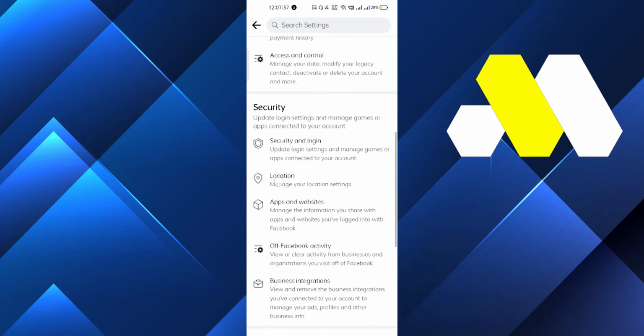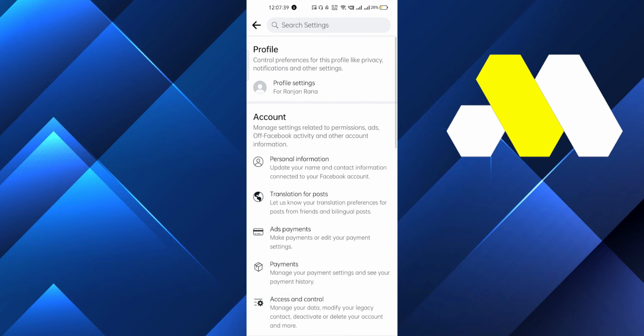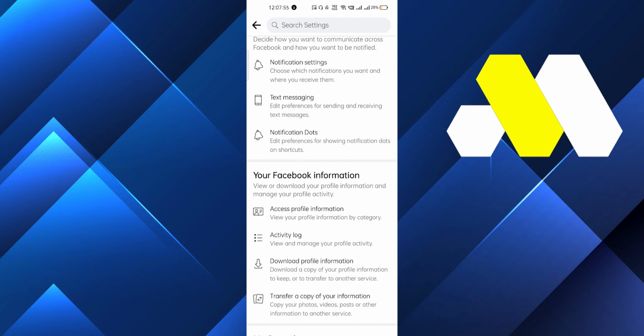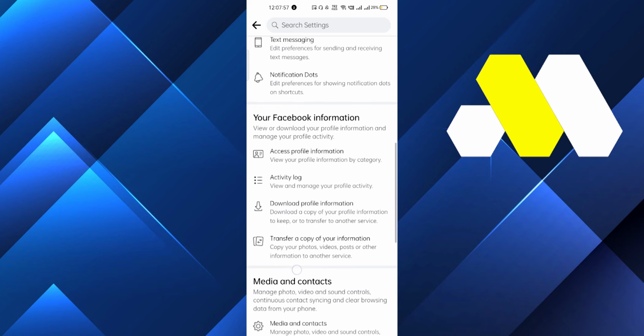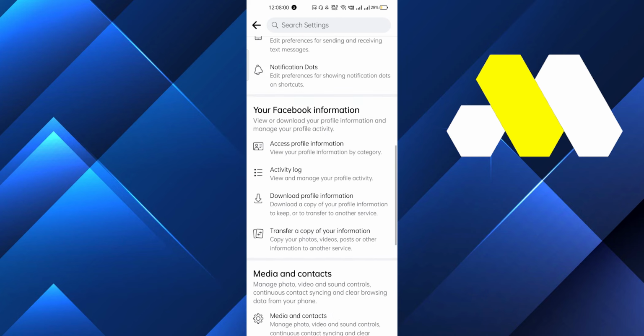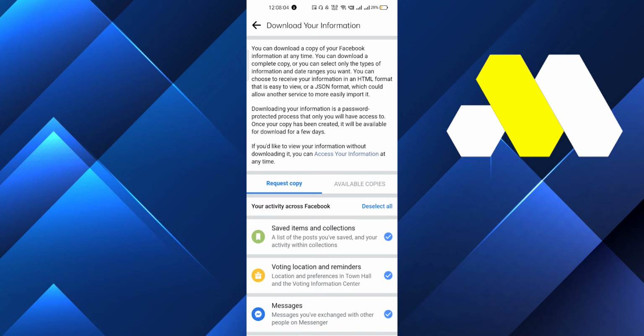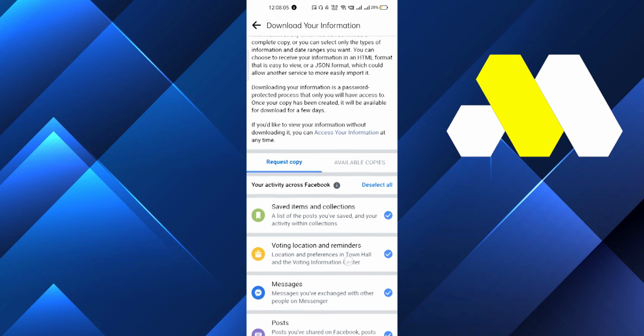Okay, so just let me find out, and here is Download Profile Information. Okay, so basically you have to click on here, and you have to deselect all. Okay, and you have to just select the messages, and you have to go to the end, scroll down, and